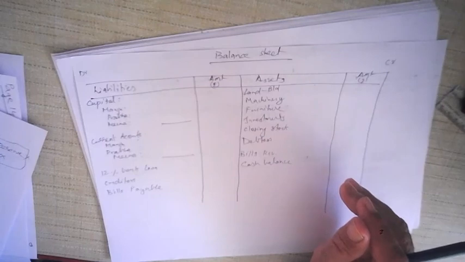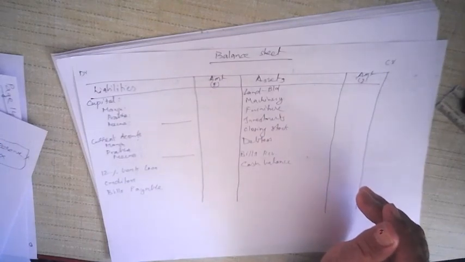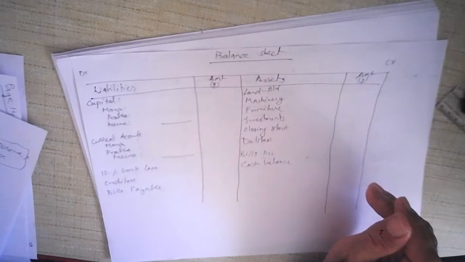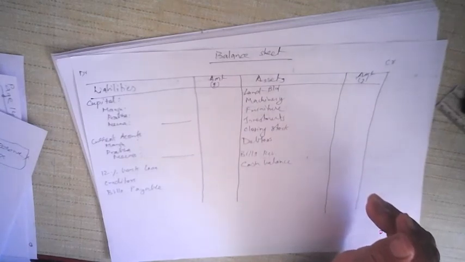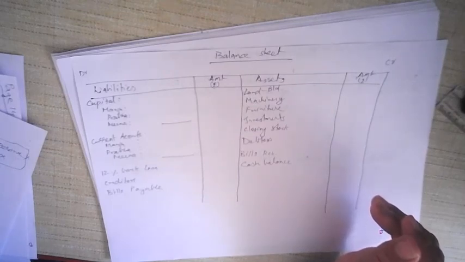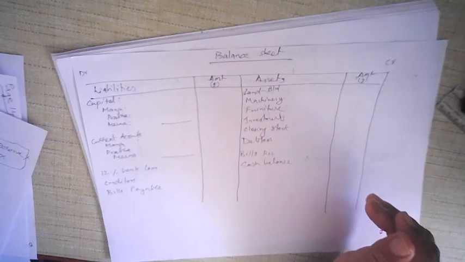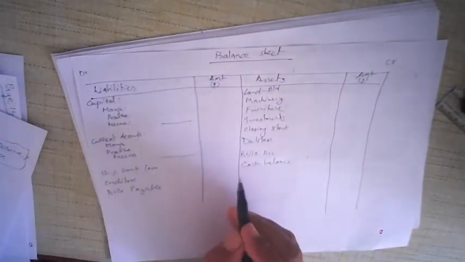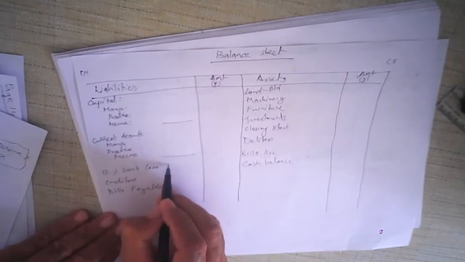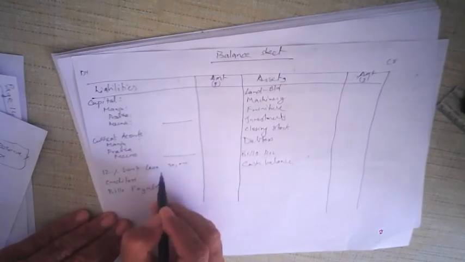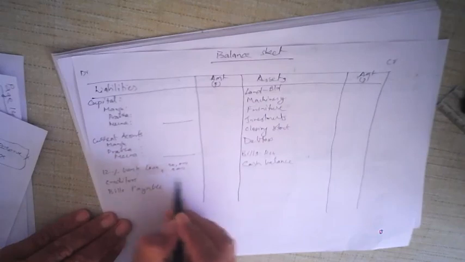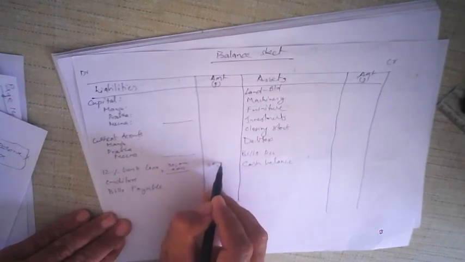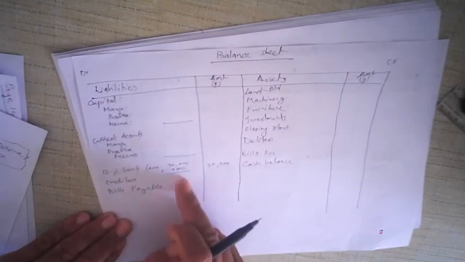Now look at the adjustments. You see there is one adjustment, that is the seventh one: interest on bank loan for the last three months is outstanding, so just be careful with that. The amount among the creditors is not to be paid. Total amount of 2,500 is bad debt reserve. So only interest on bank loan, you will have to be careful. You can add it with the bank loan. For example, here bank loan is given as 30,000, plus outstanding interest on bank loan, which is 900. So 30,900 is bank loan plus outstanding interest.